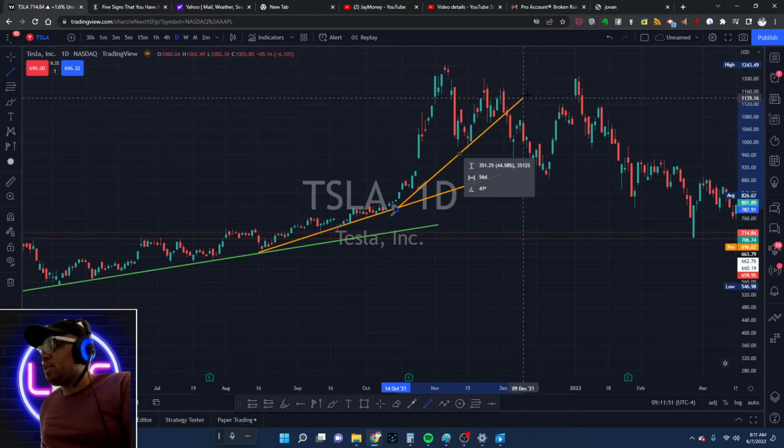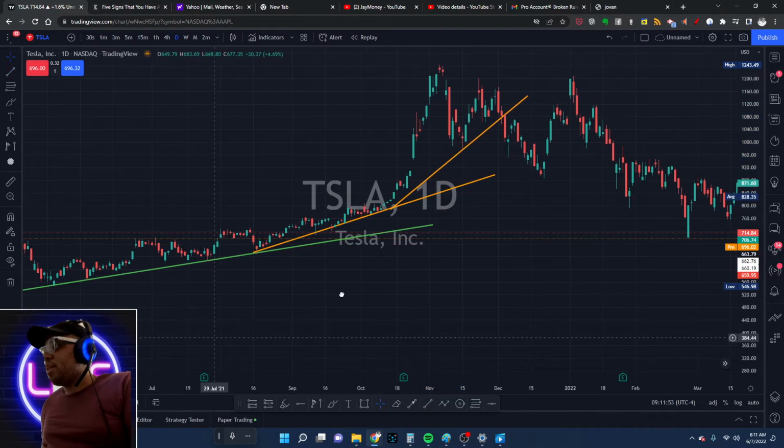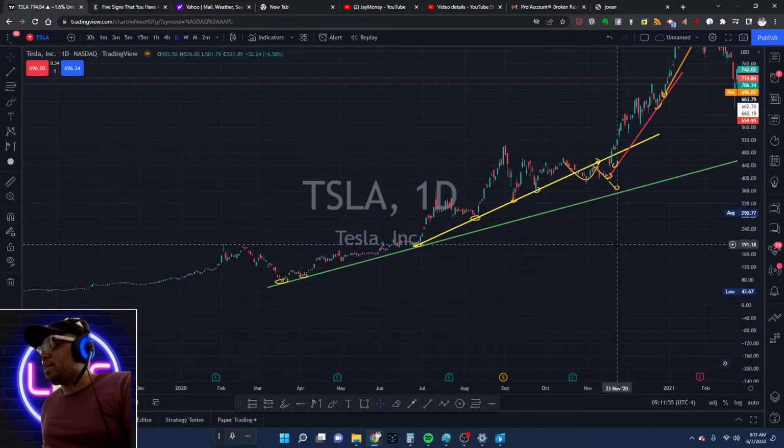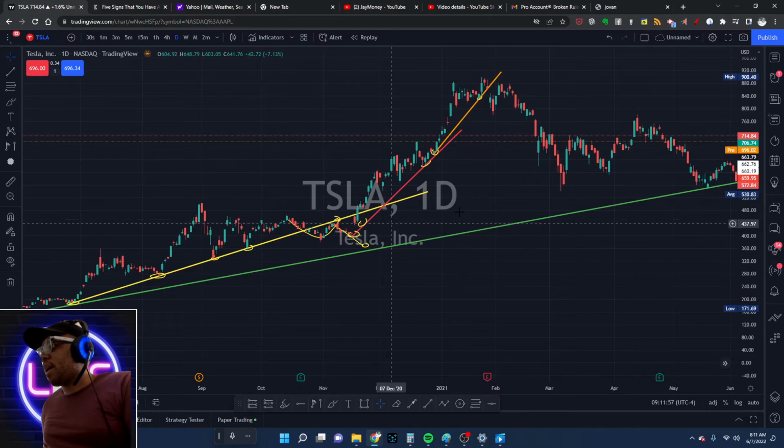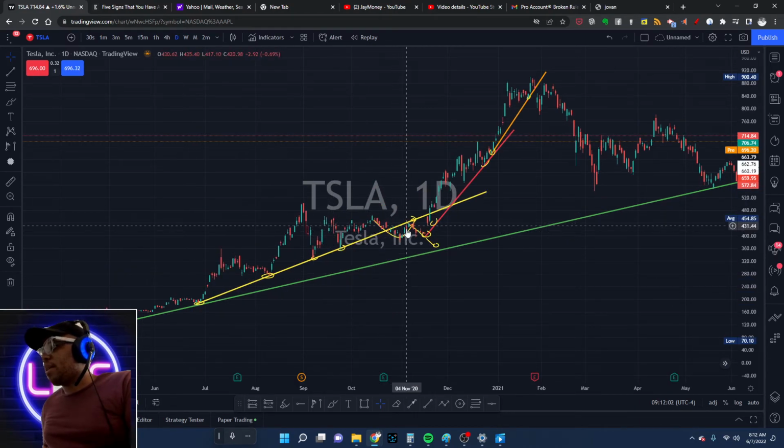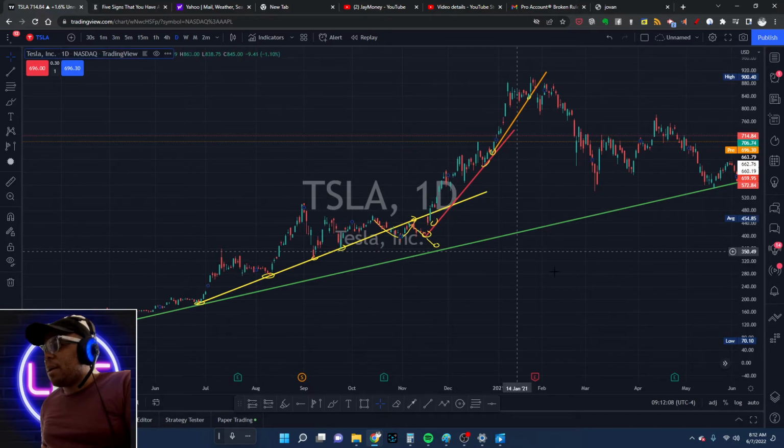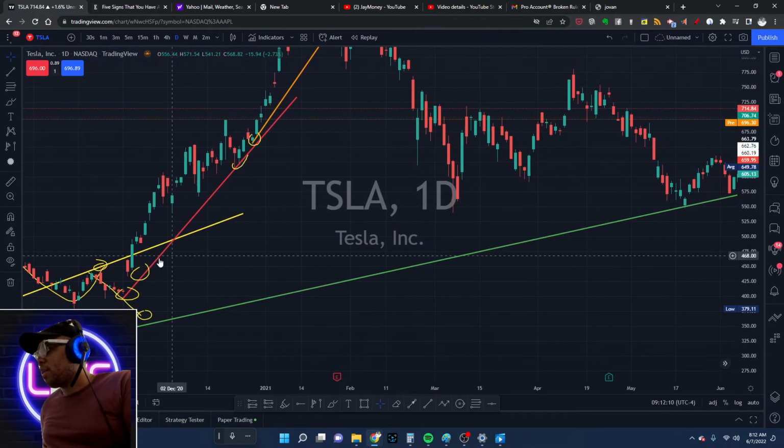I don't even think you can put a trend line on that. That action's kind of crazy. But you can see how more unstable it got as the price increased. Okay, it broke this one here, came below it, became resistance. When it broke back above it though, it kind of made like a bump and run here and then just took off.